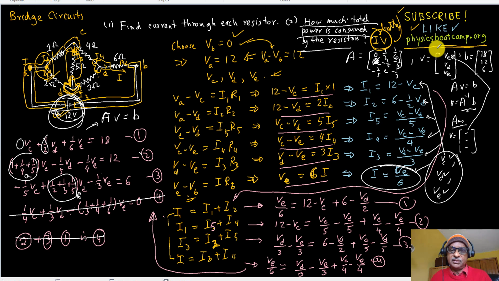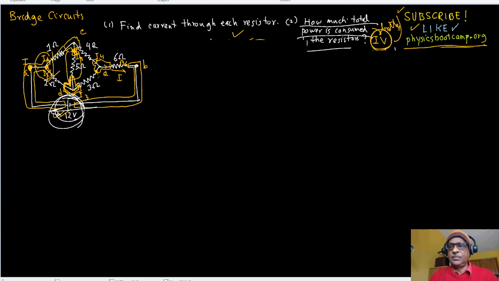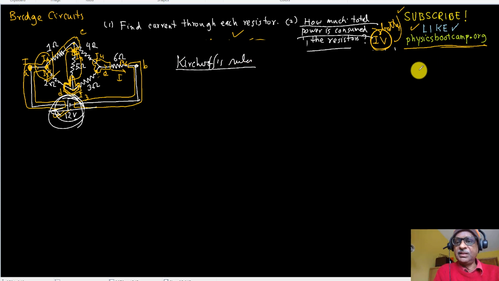Okay, so there's an alternative method I want to illustrate to you that is often in the books, and it's just going after the current directly. So how would I go about it? Usually you use what are called Kirchhoff's rules, and they're basically based on A, B, and R. You have I, so VA minus VB equals IR,